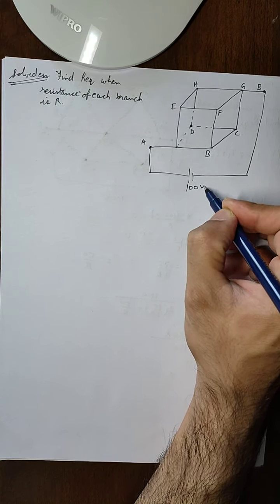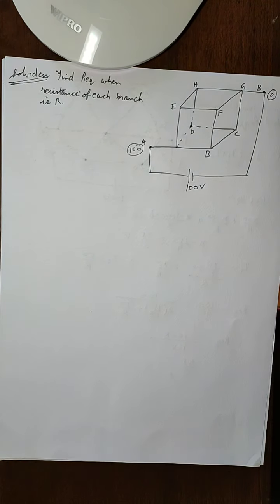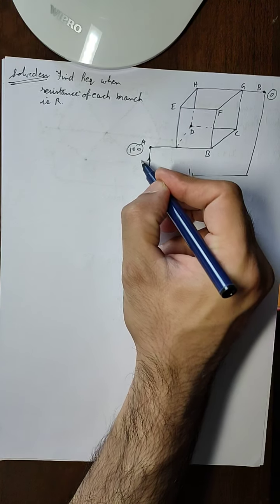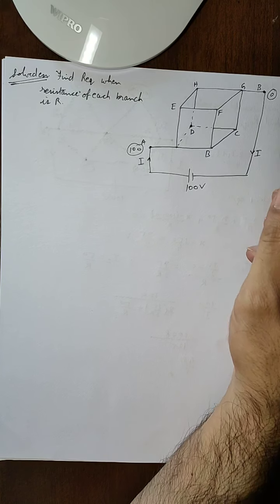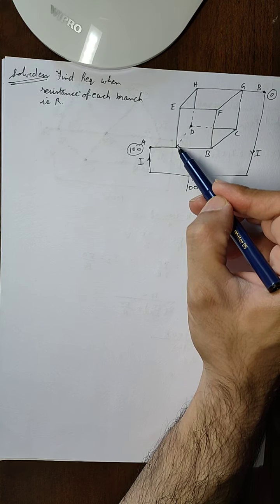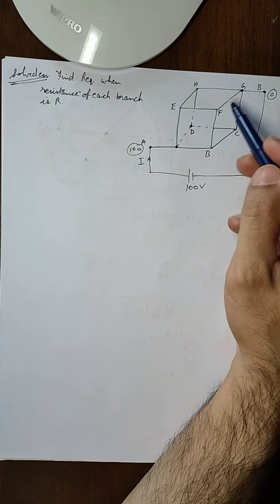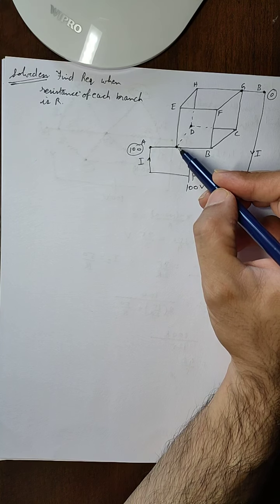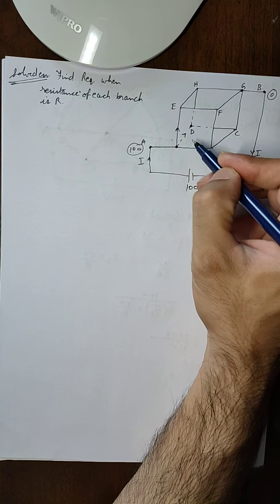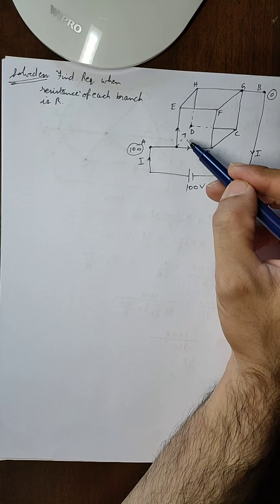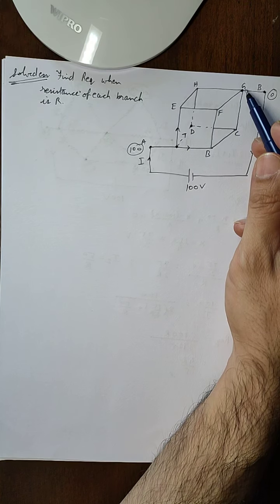So first we connect the two terminals A and B with a 100-volt battery so that the potential at A is 100 and potential at B is 0. Now if current I is coming out of the circuit, then the current I will go inside the battery also. Now if we see, these 2 points at which terminals A and B are connected are diagonally opposite. So that means the current going in this junction will be divided into 3 parts, and each part of the current will encounter the same number of resistances while going from point A to point B.